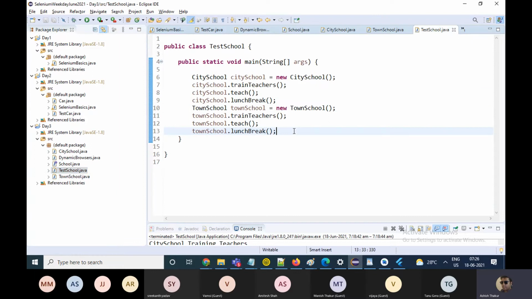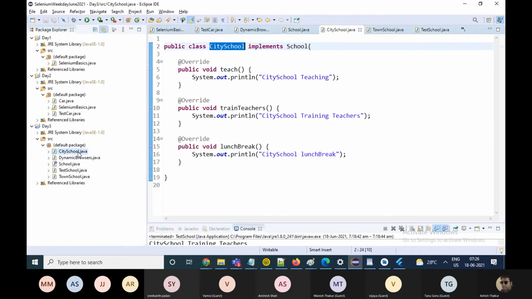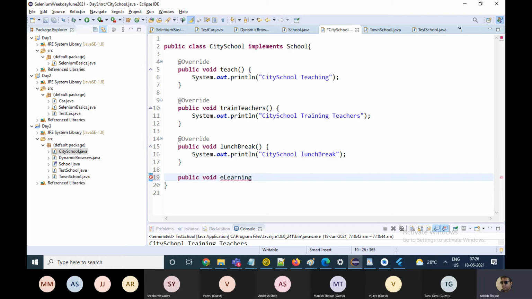Suppose in my city school, I make one more function, public void e-learning. Now this is a function which is in the city school, but not coming from the school interface.